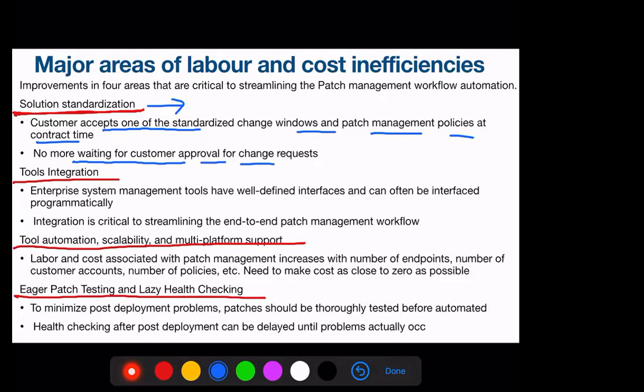Next is your tool integration. One thing is patch management, whenever you are doing it for a virtual machine, only virtual machine patch management. So is your job complete if you do any patch management, suppose for the operating system, or if you are doing patch management for an application, a front-end application, is your job done?